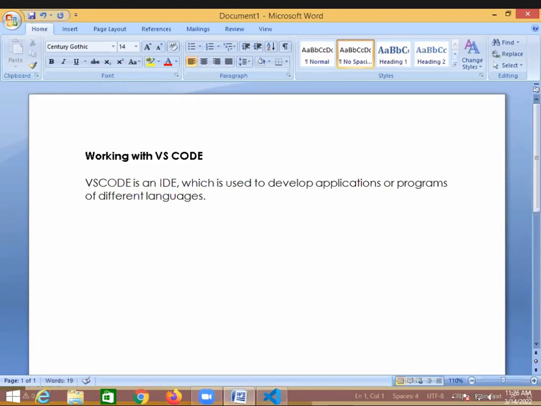It allows you to write code in HTML. It supports HTML,